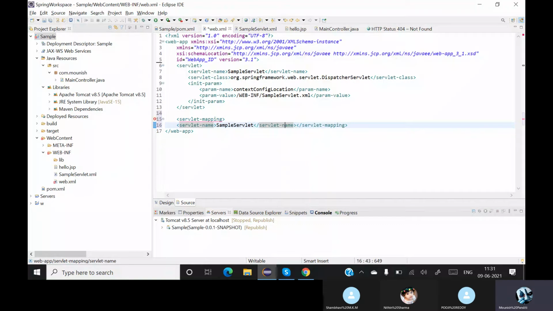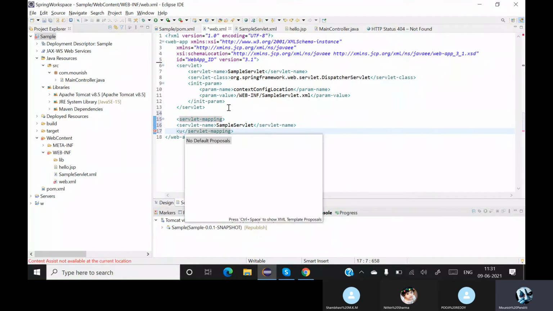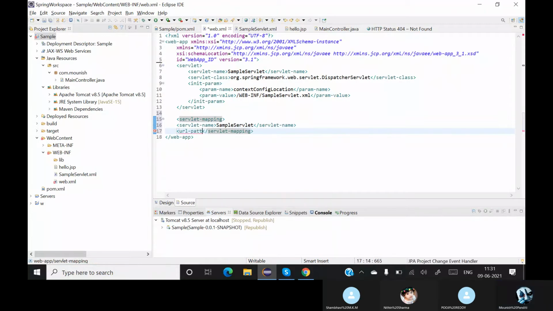So after the sample servlet, I need to give a URL pattern. URL pattern. So the URL pattern is just the slash. Format these things.